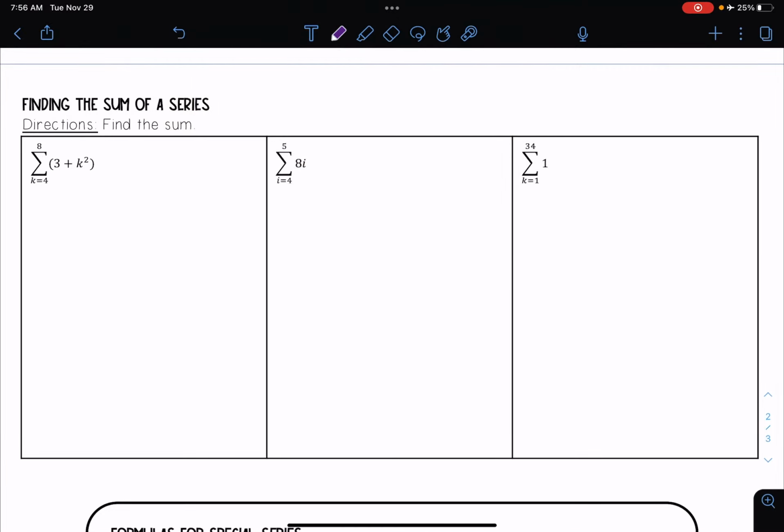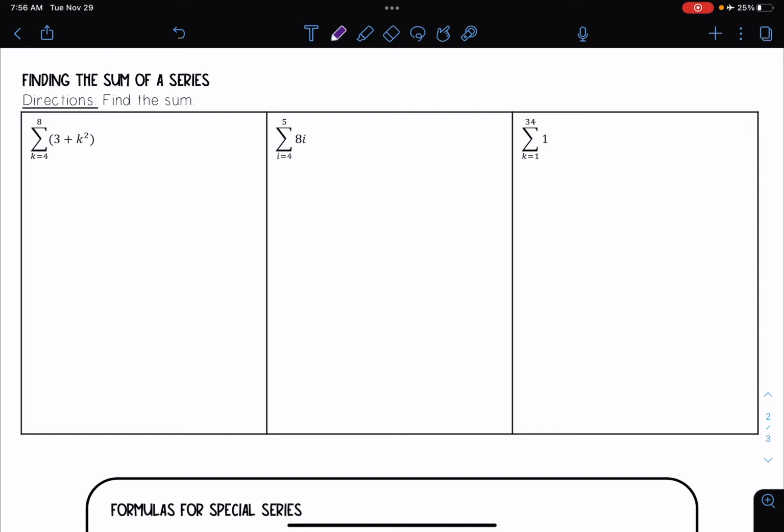For this video, we're going to be looking at finding the sum of the series. So for each of these, we are given the summation notation, and we're going to go ahead and actually find the sum that's represented. And so for this, we need to recognize what the summation notation means. So for this first one, this is saying the sum of 3 plus k squared, where k goes from 4